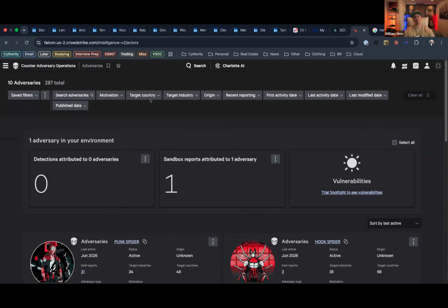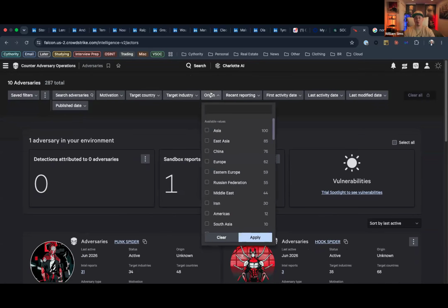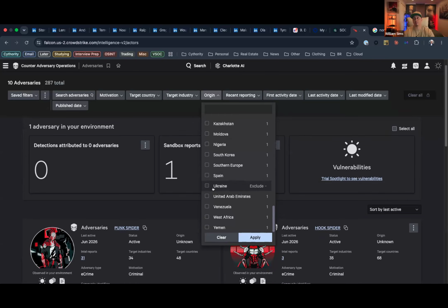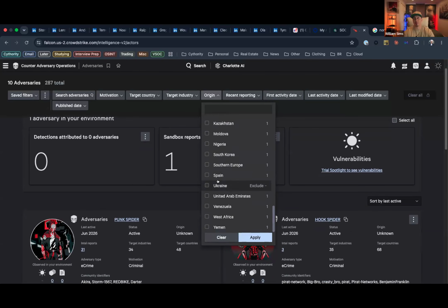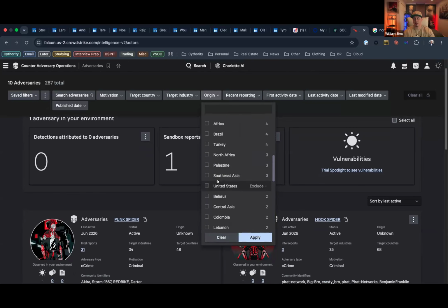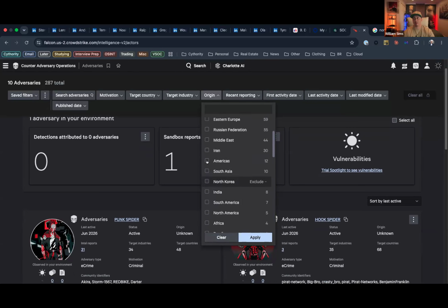But also another thing you could do is you can filter on the targeted countries, industries, the origin. I like origin because, for example, I like to look at what's happening now with this Iranian Middle Eastern issue we're experiencing. So for example, the origin of the threat actor, let's say we want it to be Iran. There we go, Iran, Middle East. So if we hit apply,